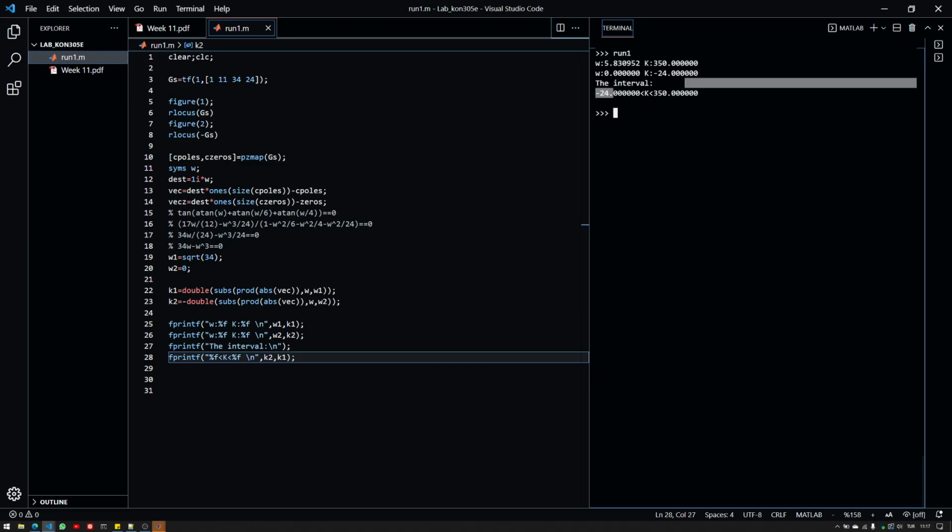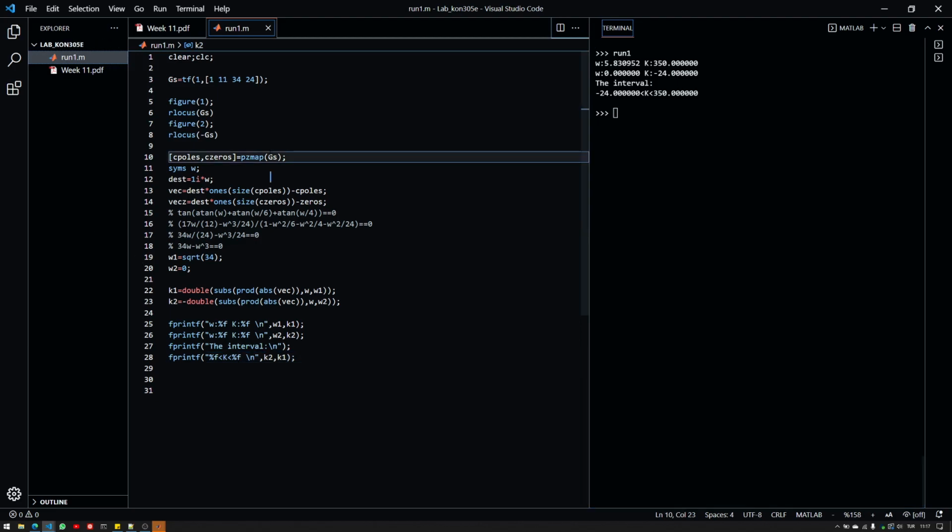There we go. So the stability interval is minus 24 and 350. This was basically a pen and paper friendly solution because we didn't use the root locus plot generated by MATLAB and we didn't click on it to get the information automatically. But what we did is look for each pole and each zero. We looked at the number of zeros and poles and the difference between them to conclude that there are, for this special case, only 3 asymptotes with the angles of 60, negative 60 and 180, and we needed to sketch